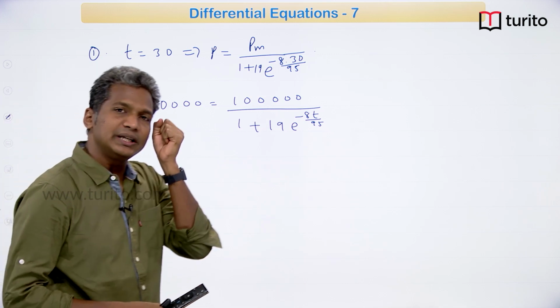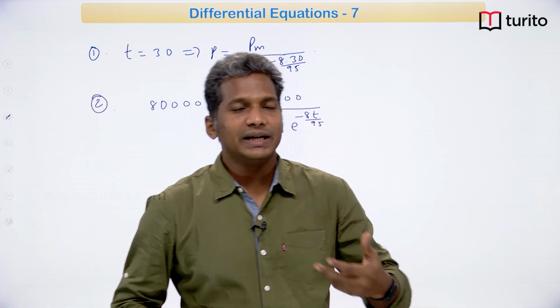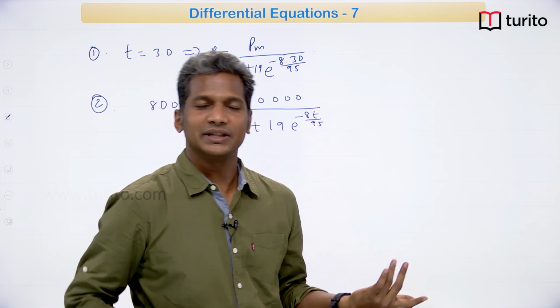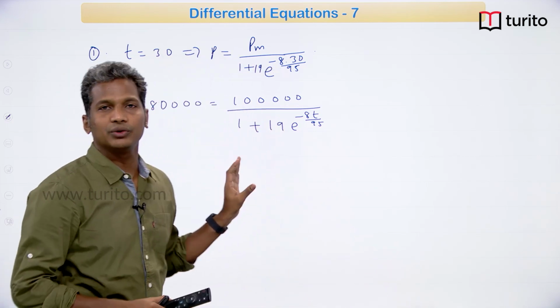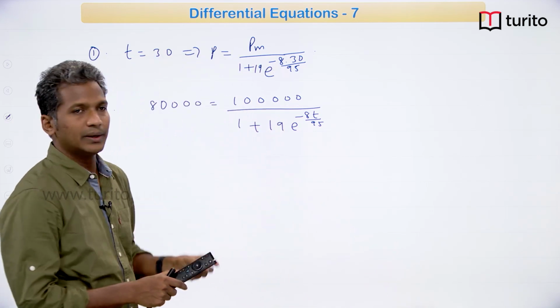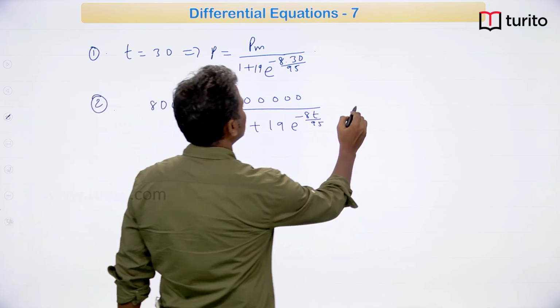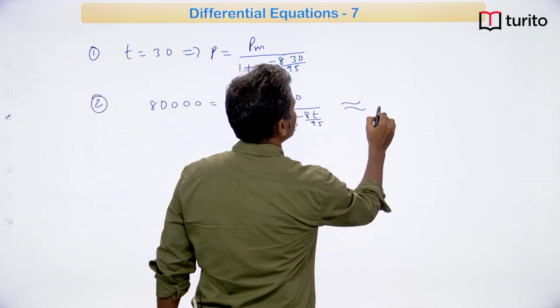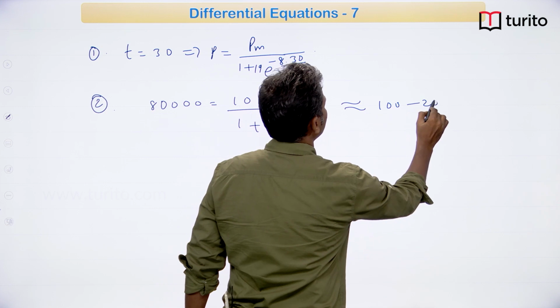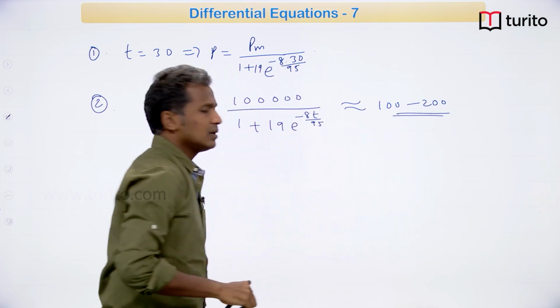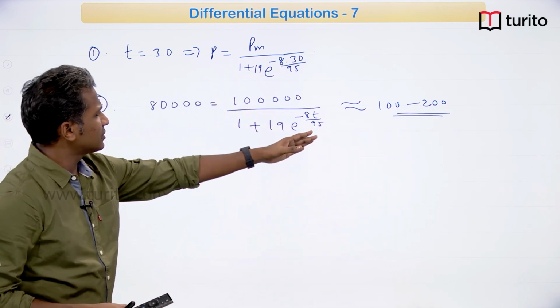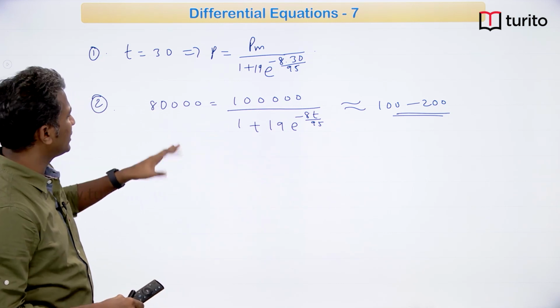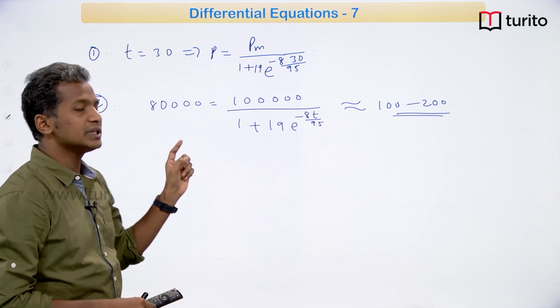Here I have not completed the calculations because we need either a calculator or log tables here, but that I am leaving to you. Okay. So you try to do it, and here I think the time will come out to be somewhere between 100 to 200. So basically if you take the average also 150, so roughly 150 minutes the population is going to grow to